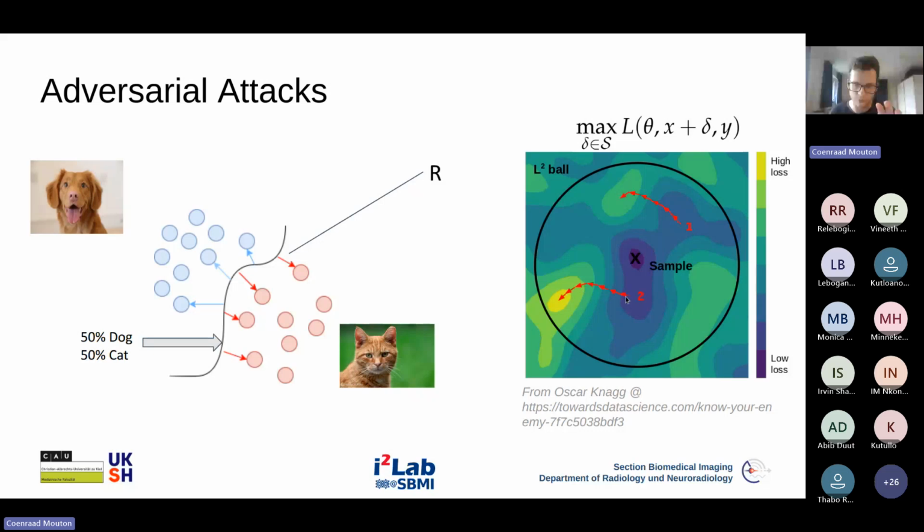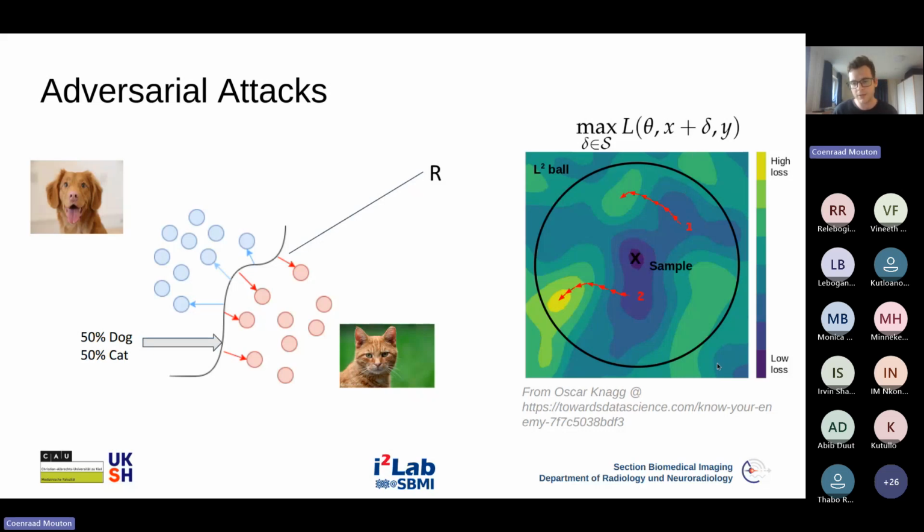So all that projected gradient descent does is it tries to find the point in this ball that maximizes the loss. And usually it turns out that the point that maximizes the loss, which in this case would be this point over here, is actually on the other side of the decision boundary. So this point over here might correspond to, say, a point over there, just on the other side of the decision boundary. So we just use gradient descent essentially to find the point of maximum loss instead of trying to find the point of minimum loss like we normally do when we're training a neural network.